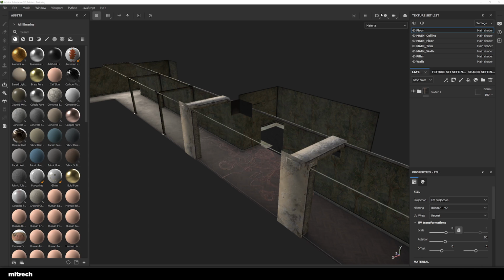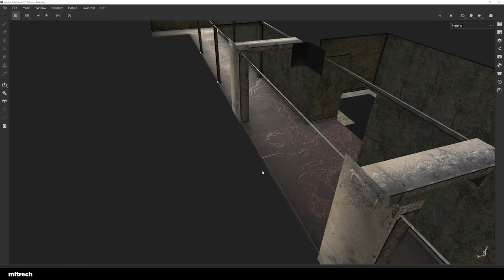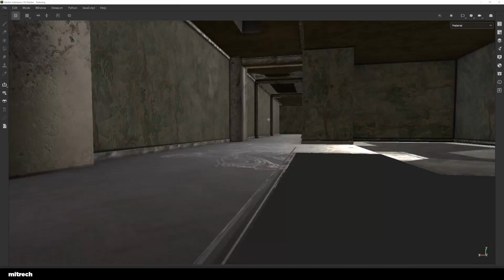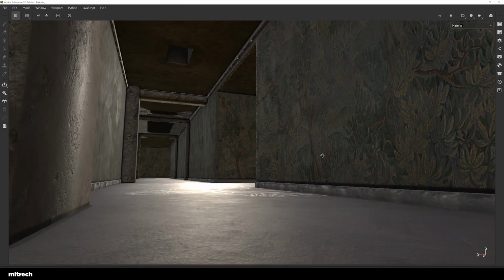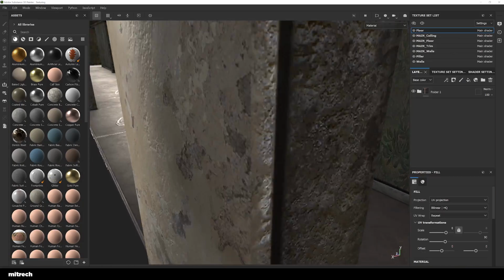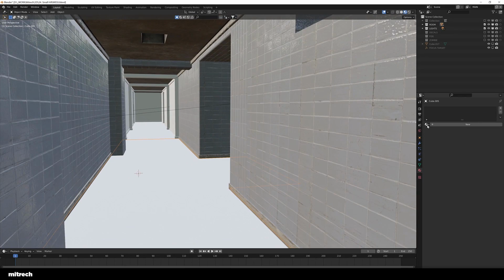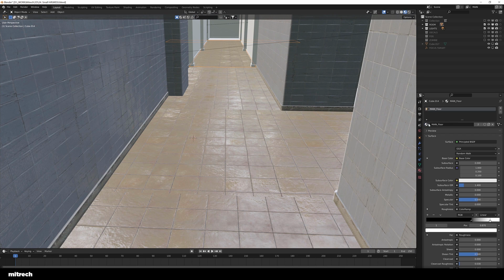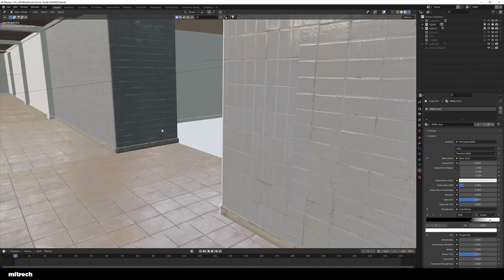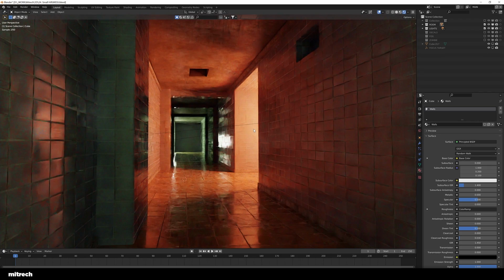The ceiling, I've actually textured that inside of Substance Painter, but I didn't record the process. The textures on the ceiling have been made in Substance Painter, but the textures I've used in order to texture those parts are coming from Quixel as well, so we don't make any textures, just download those from the internet, right? The main floor is just another tile set from Quixel as well. You can see that those tiles don't match up, but we don't really give a shit, right? It doesn't matter, that's not what the scene is about.